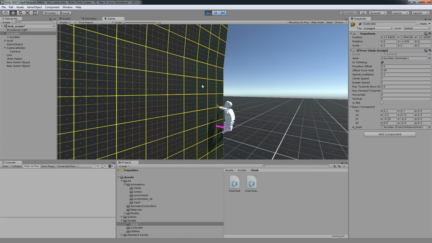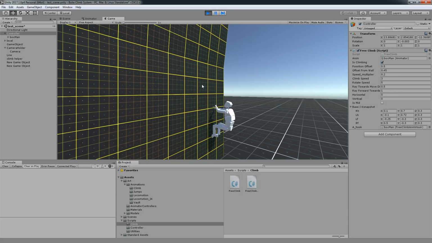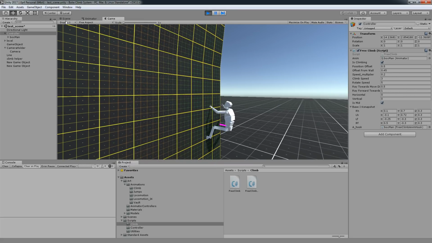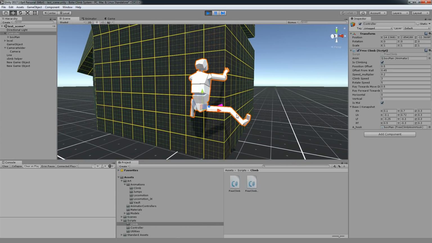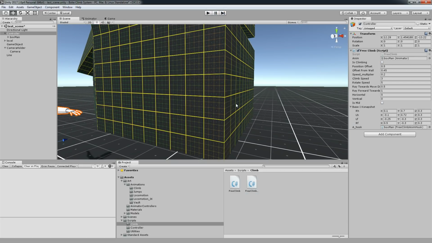Okay, so if it doesn't find a position to go, it's not going to go back anymore. It's just going to sit at 0.3. Obviously, this leg is wrong. So let's take this to 0.25.